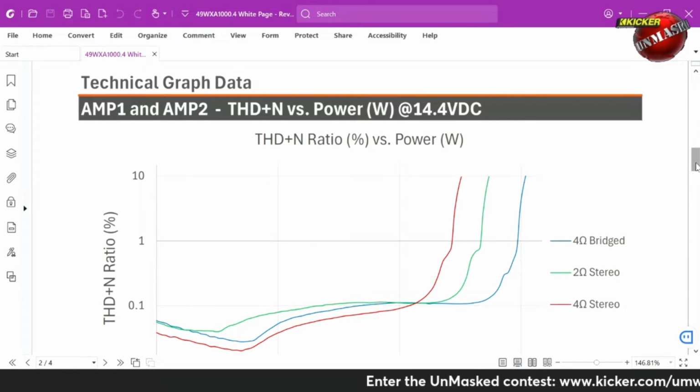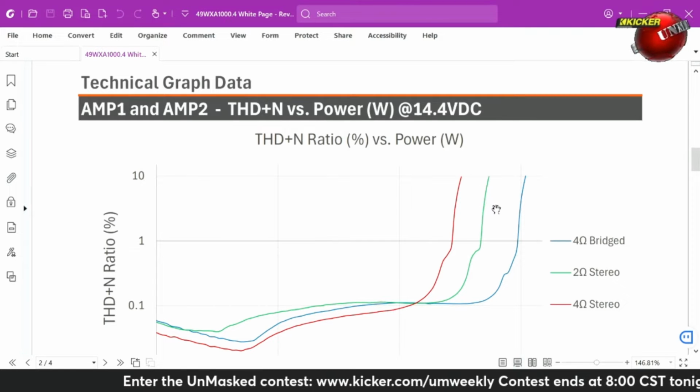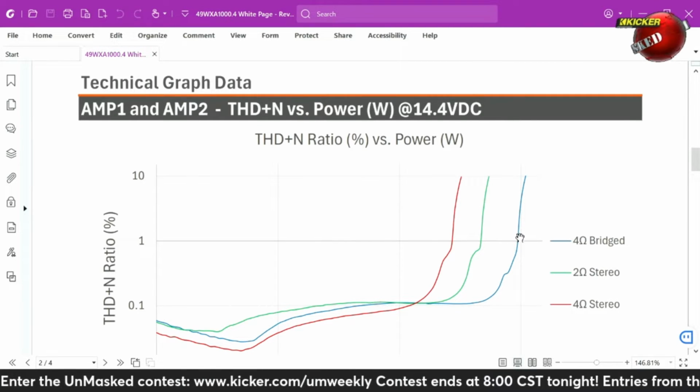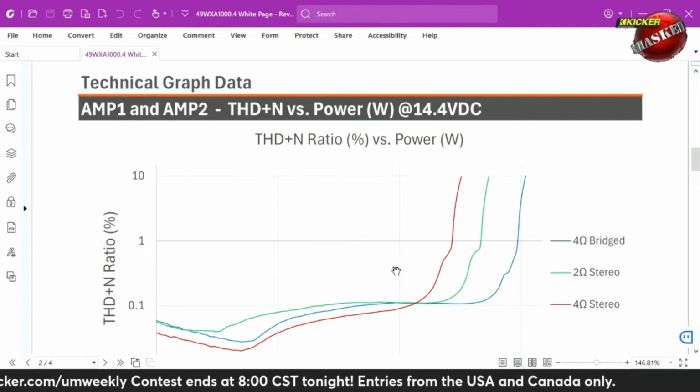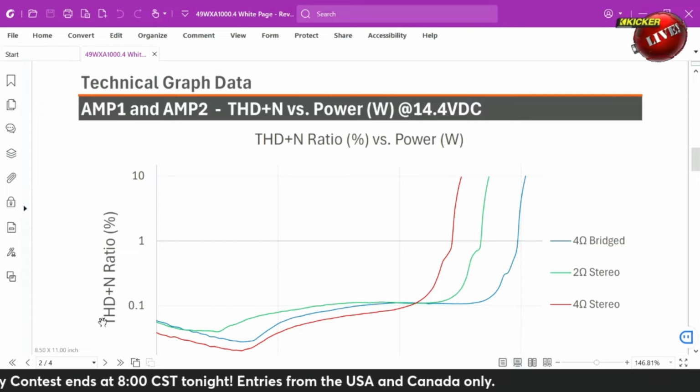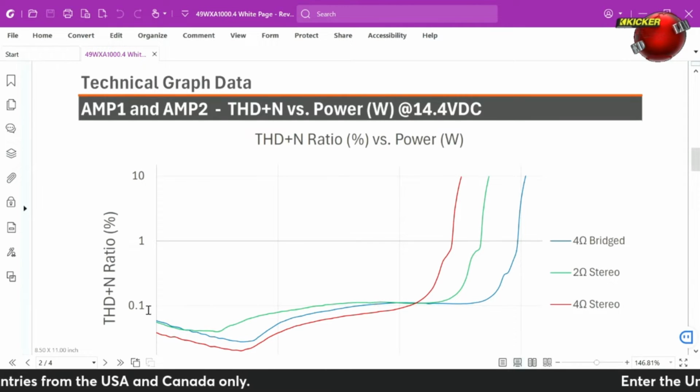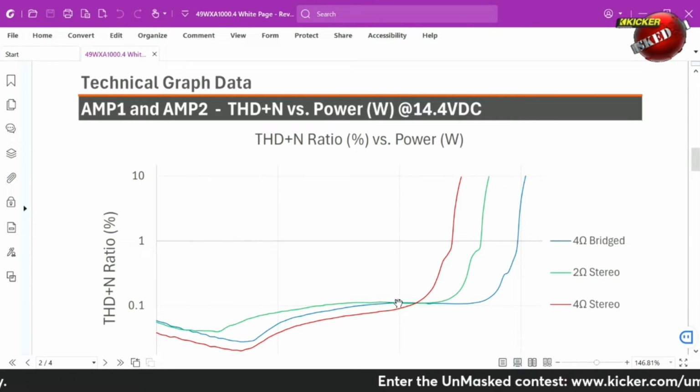So what you'll notice about this amp, especially for an SPL amplifier and being a big sub, this is the 4-channel, big 4-channel amplifier, the THD starts below 0.1 THD, even from the beginning, right? So that tells you the noise floor of the amplifier is very low. Power comes straight across, stays right about that 0.1 area, all the way until you hit what's basically the voltage